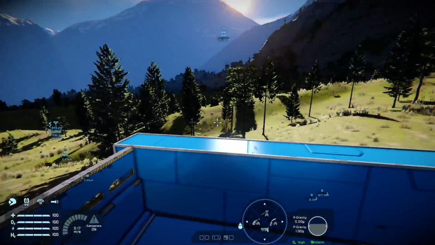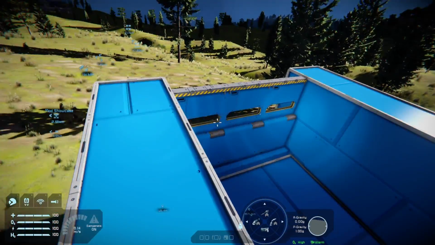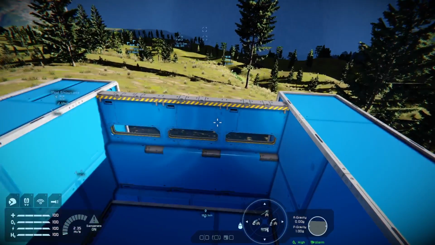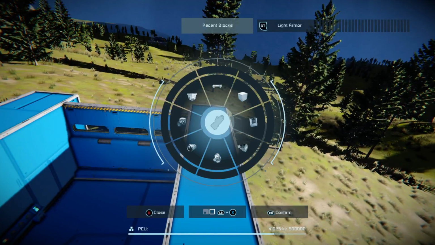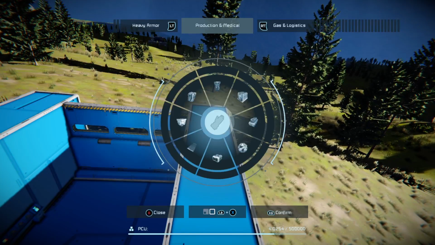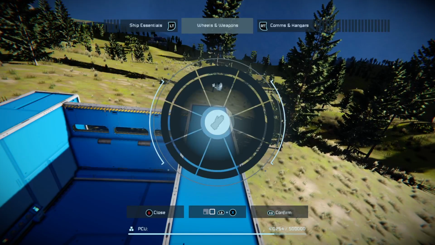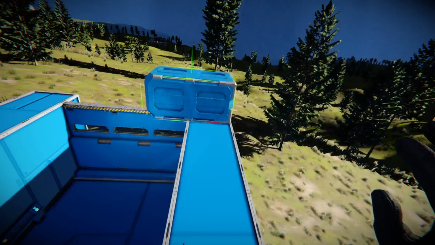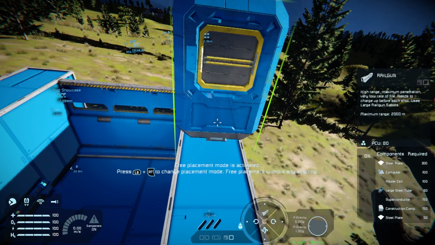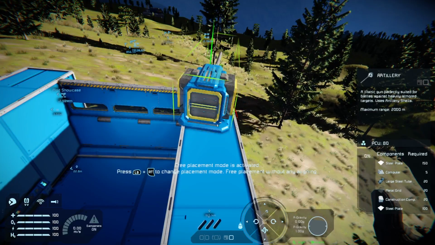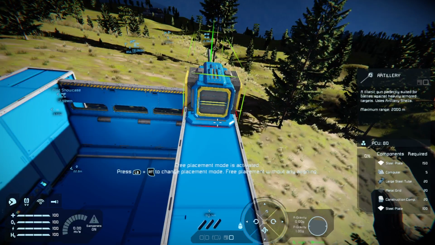Well, it's a similar way to do the doors, whereas with weapons, let's say a couple of artillery guns, for the time being, large grid. We've got some rocket launchers, railgun, artillery guns.